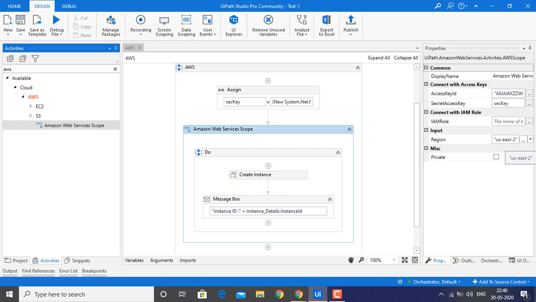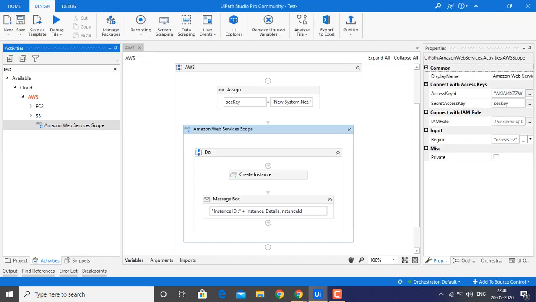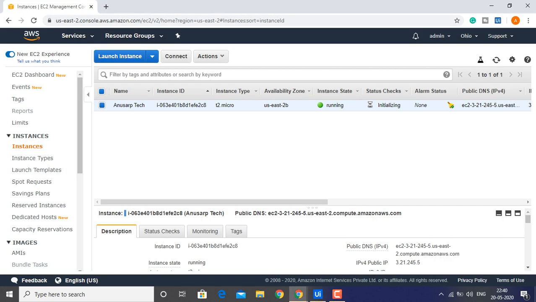Guys, this is the main important part, and we also have to provide a secret access key. These two are necessary to access our instances. Let me show you how to create those. First we have to get an access ID and secret key.